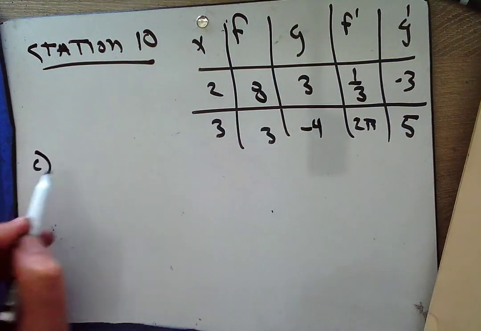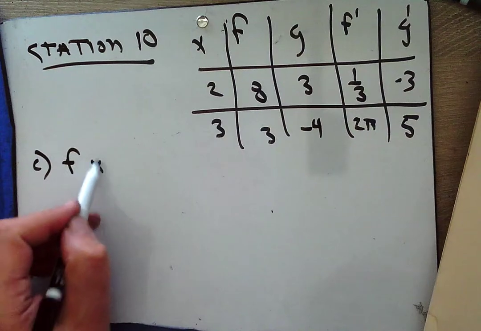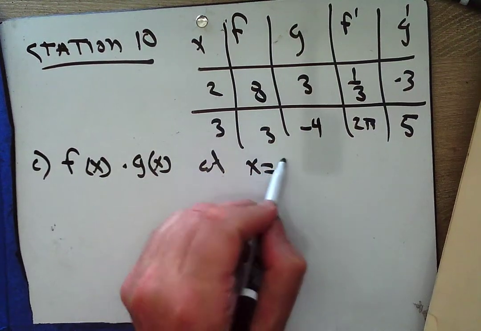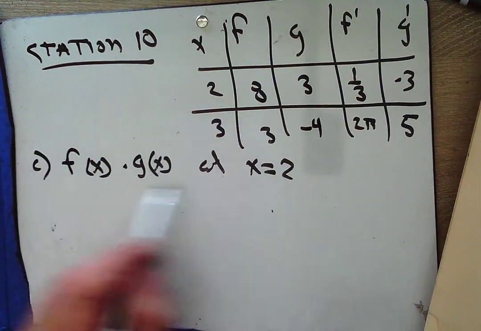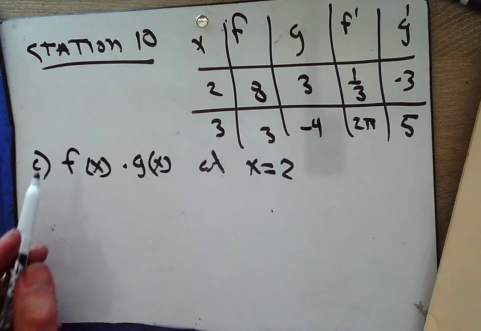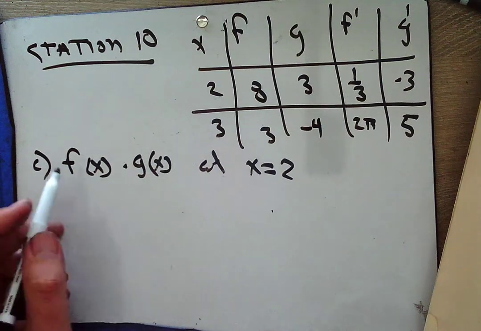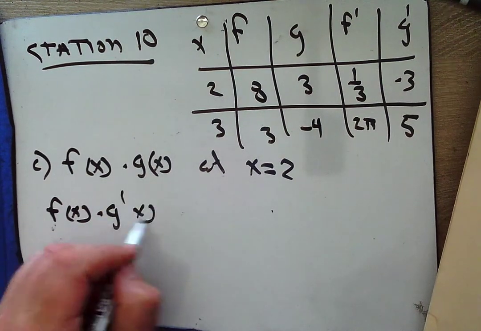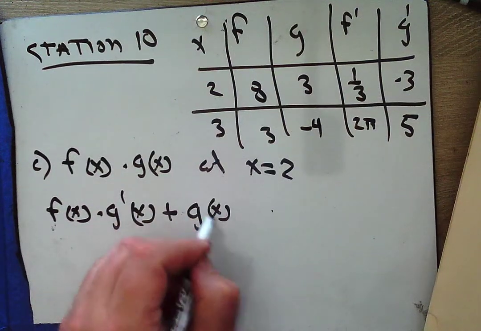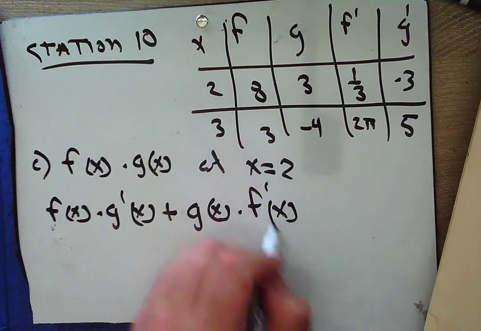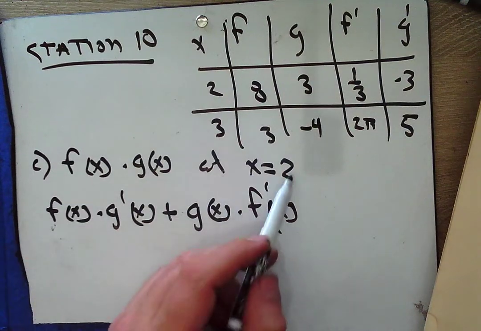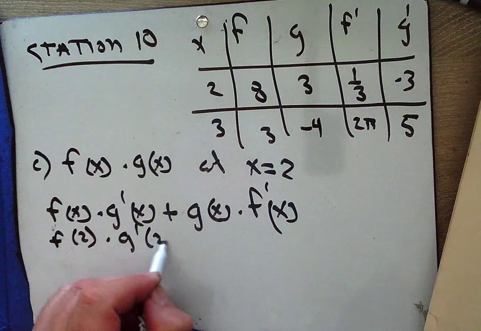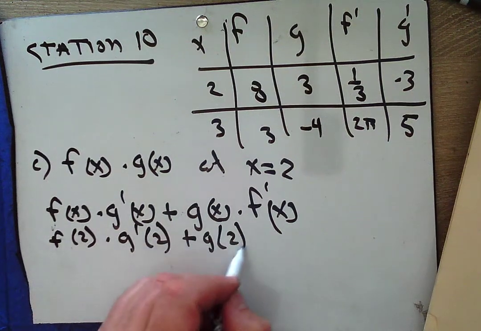So we start off with f of x times g of x at x equals 2. So I'm looking for the derivative of this at 2. Well, that's product rule. You should be comfortable with that. f of x times g prime of x plus g of x times f prime of x. And we want to know this derivative at 2. So I want to know f of 2 times g prime of 2 plus g of 2 times f prime